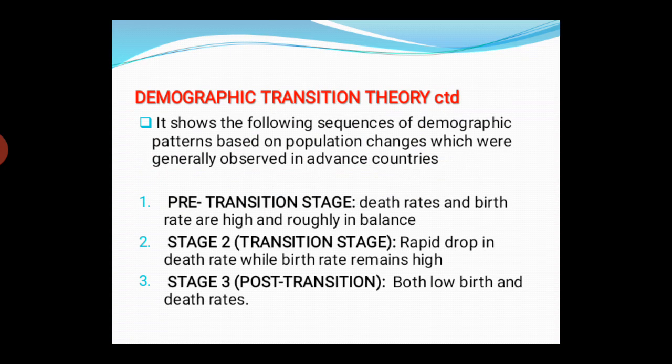It shows the following consequences of demographic patterns based on population changes which were generally observed in advanced countries, and three stages are noticed concerning demographic transition theory. One, we have the pre-transition stage. This has to do with before economic modernization. Two, this has to do with the transition stage, that is, during modernization,